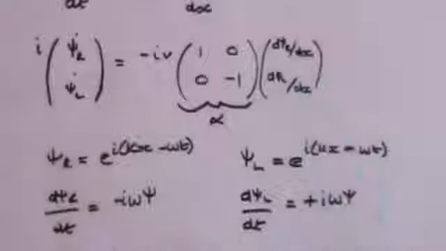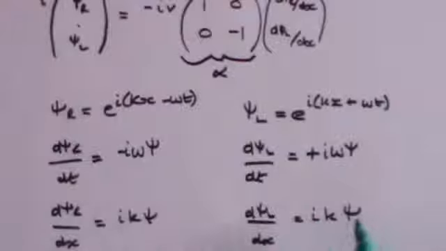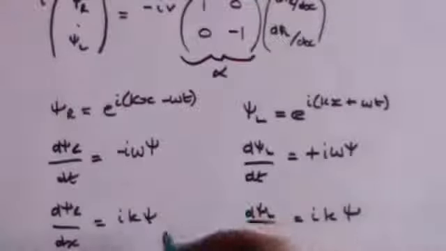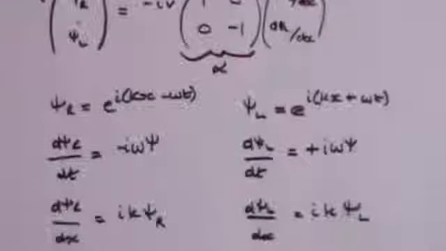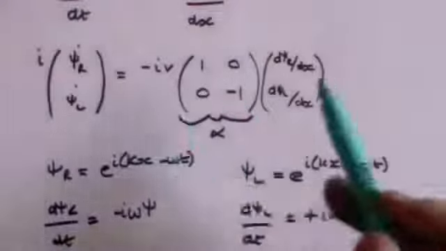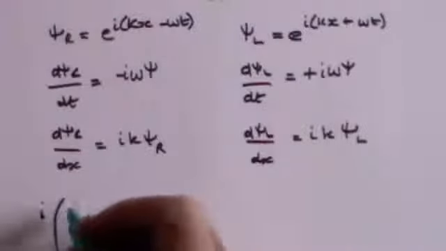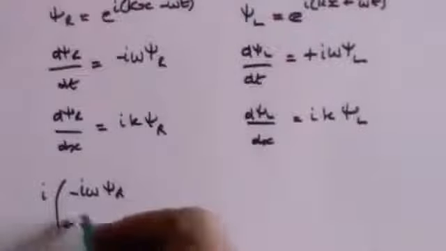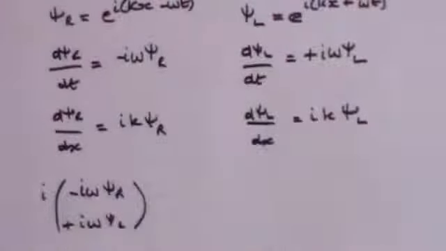And for these two terms, I can put ik psi and ik psi. This, of course, is psi right and this is psi left. So if I rewrite this formula here, but putting in these terms as substitutes, I'm going to get: i into minus i omega psi right, because that of course is psi right and that is psi left. So minus i omega psi right and plus i omega psi left, which is this term here, is equal to